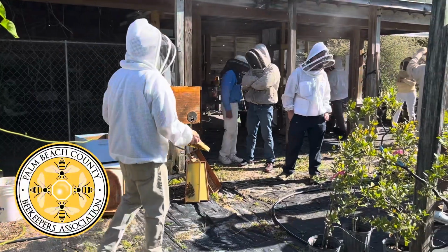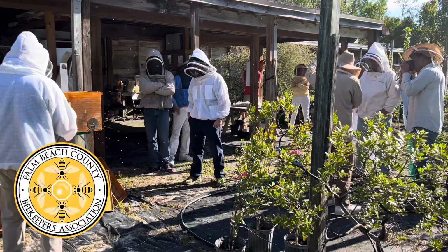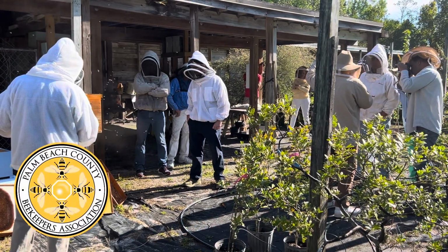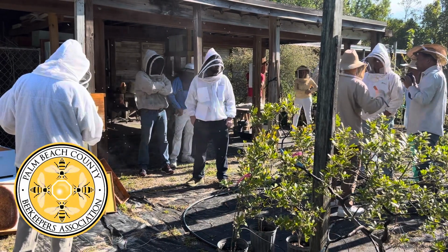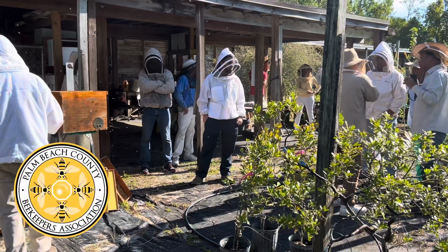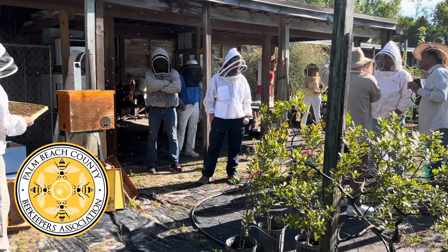Okay, this is the burr comb. I will take that off because it just causes problems when you're working the hive. What happens is if you leave it on there and then down the road you go to pick out a frame, because I'll take frames out of the middle of the row or I'll take them off the wall, it doesn't matter. As long as you open them up and these frames are nice, you're going to give it a little puff. The bees aren't, but if you leave this on here, they'll extend it and then you're going to